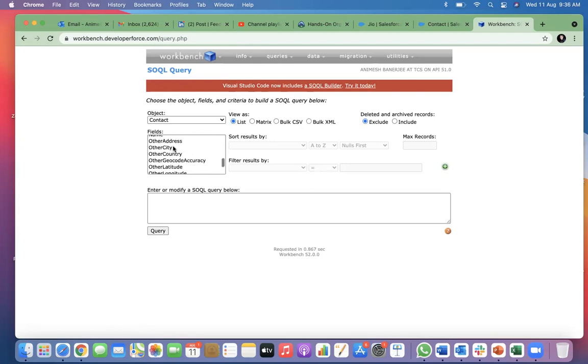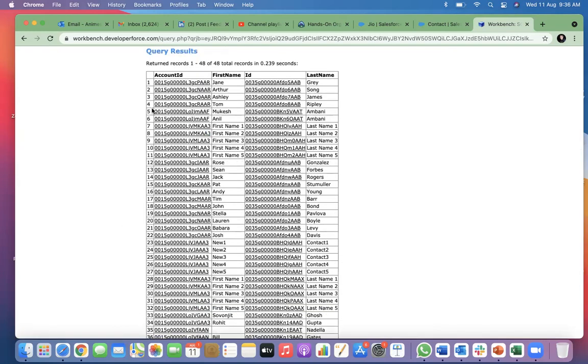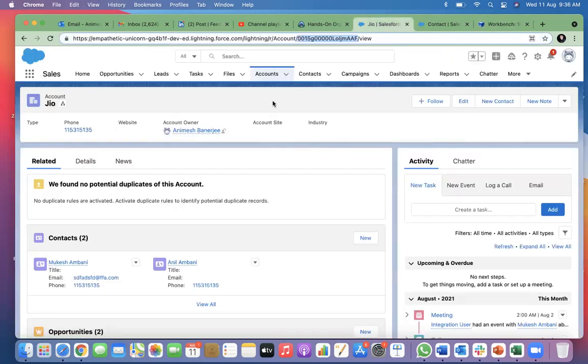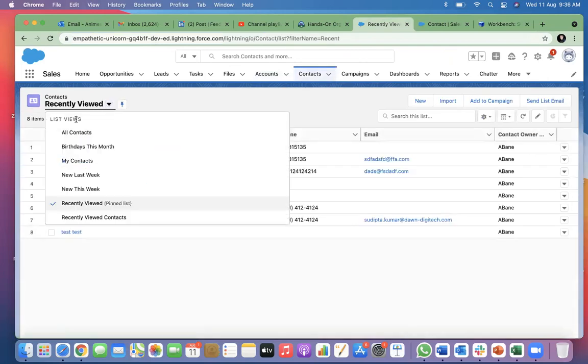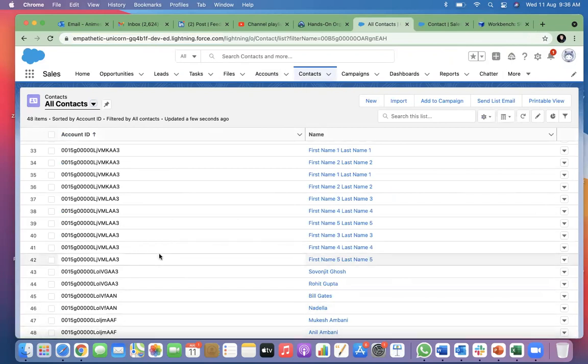If contact also has an ID field, I will also select the first name, the last name, and I will also select the account ID. Do a query. You see, the table has 48 rows. Let's go to contacts, all contacts. You see, there are 48. All contacts is showing up.